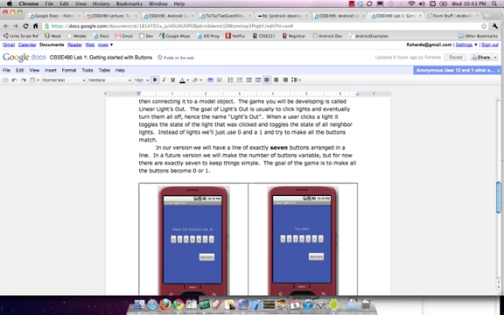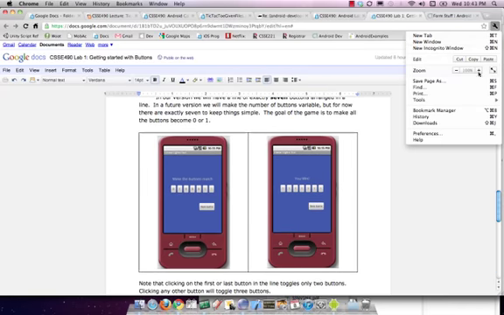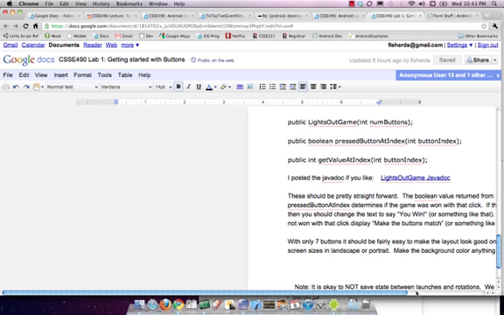There's going to be text above it, which is similar to what we did with Tic-Tac-Toe. The text is going to change. When you're playing, it's going to say make the buttons match. And then when you win, it's going to say you win. So just kind of to say again how this works is,